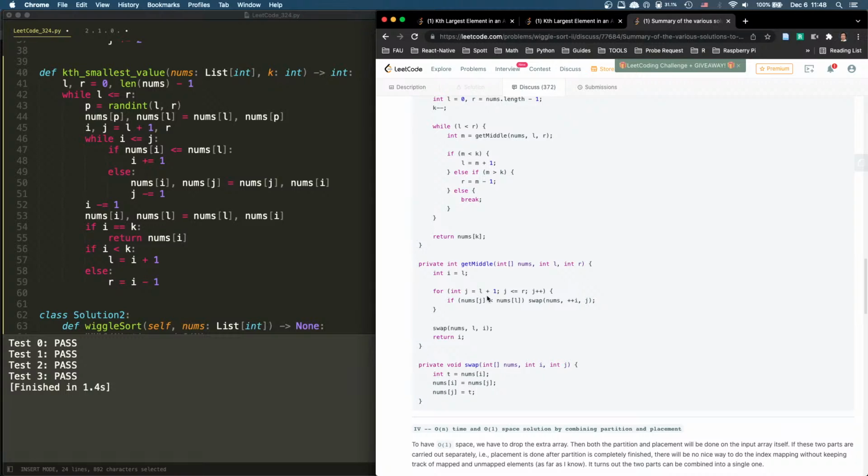That value will also be smaller. Why? Because at the start, if it's smaller, then I will swap with I, and then we both move forward. If it's still smaller, I swap with I, we both move forward. If it's larger, if the current value is larger than the pivot,